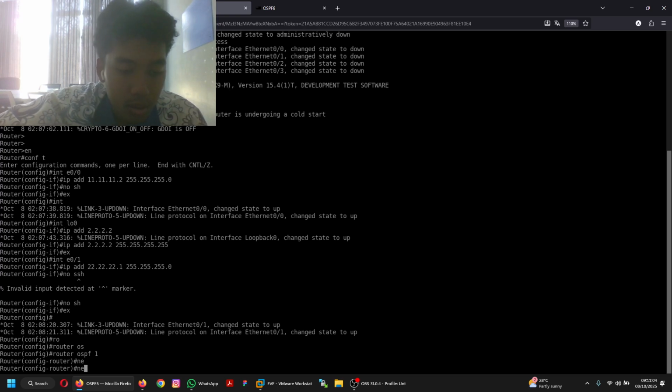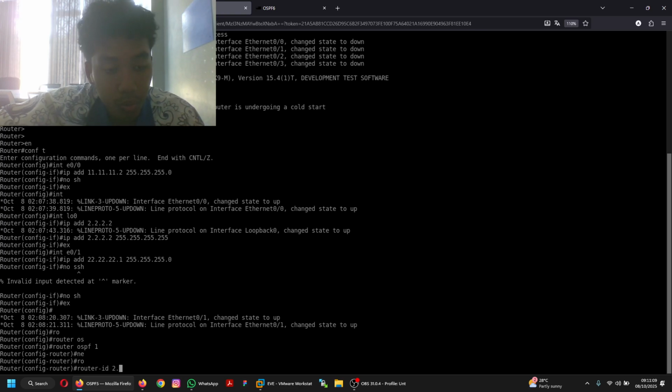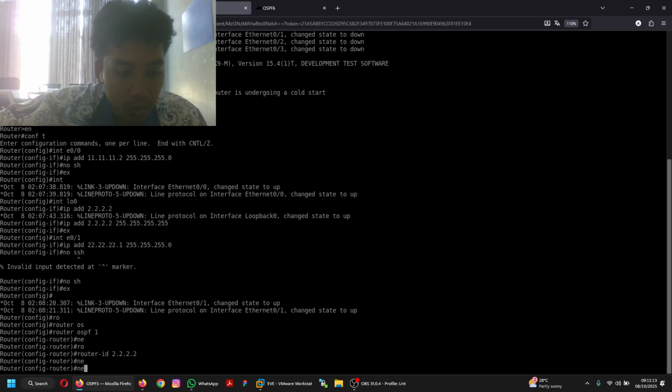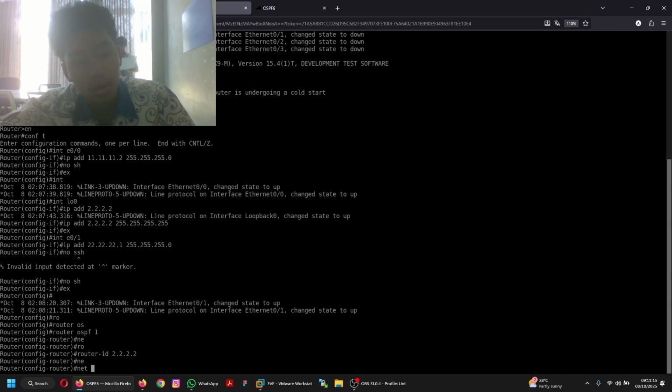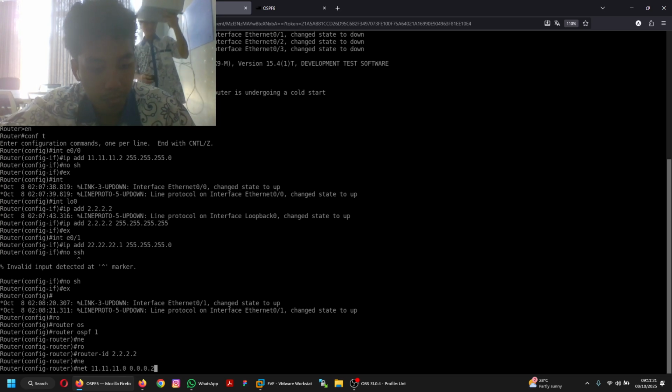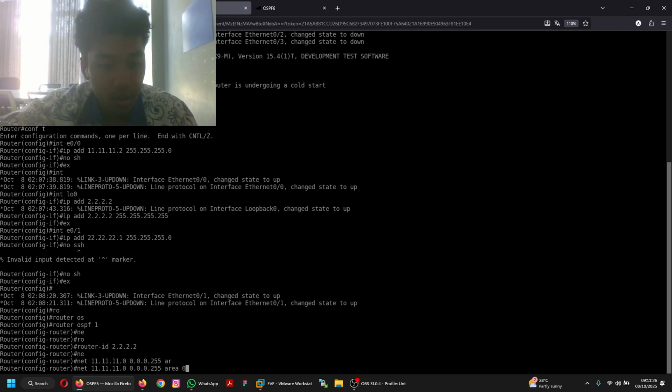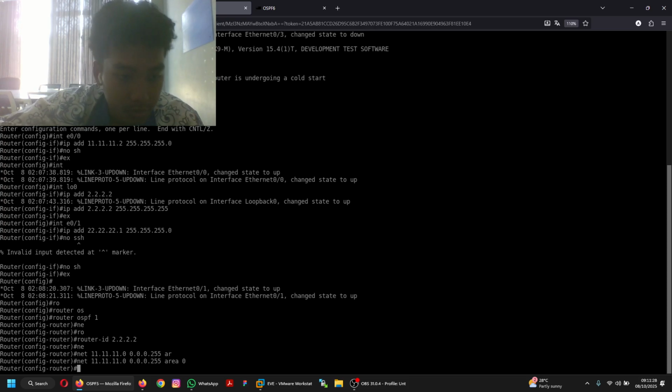Add the network, router-id first 2.2.2.2, and then network 11, and then add the area. Okay, already done.